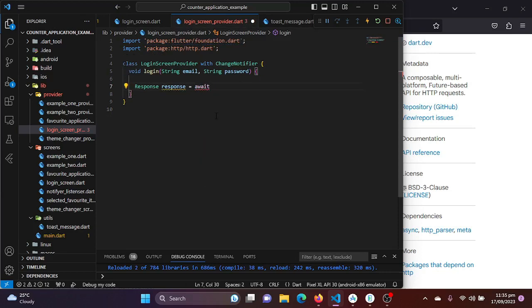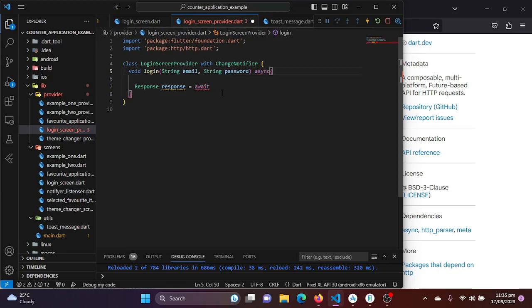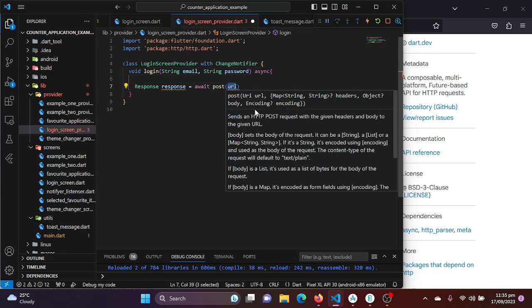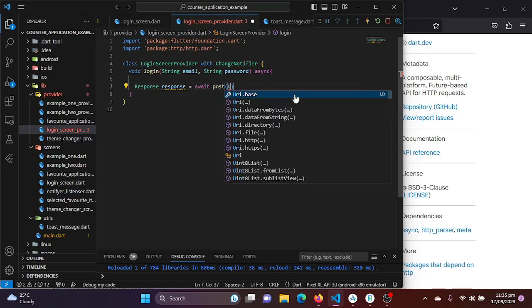This will be a future function, so that is why we are using await and our async post. Here we require a URL, so we will be using Uri.parse,